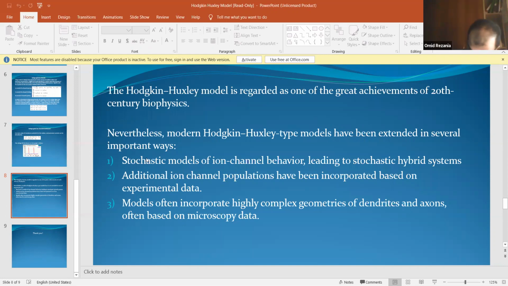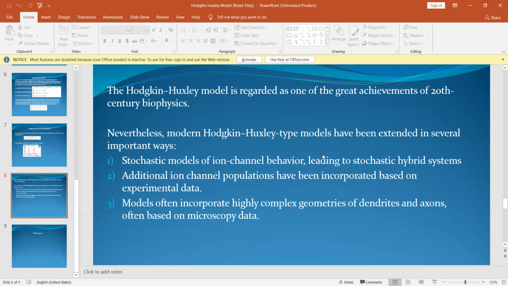The first one is the stochastic models of ion channel behavior, leading to stochastic hybrid systems. And the next one is additional ion channel populations have been incorporated based on experimental data. And the last one is the models